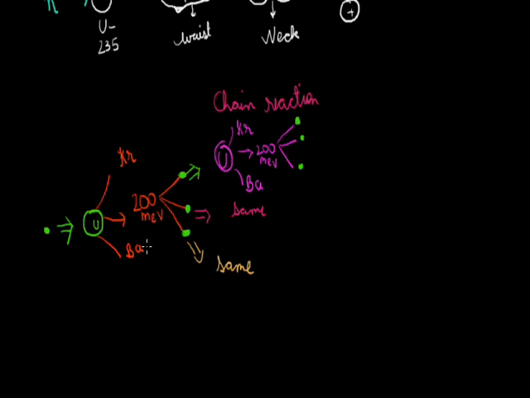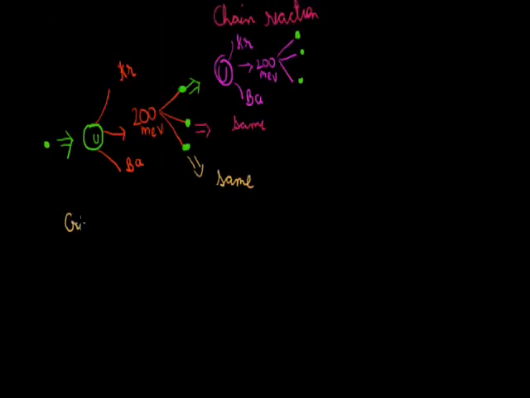To carry out this chain reaction, there is a requirement of a mass of uranium. The minimum mass which can support a chain reaction is known as the critical mass. So critical mass is the minimum amount of